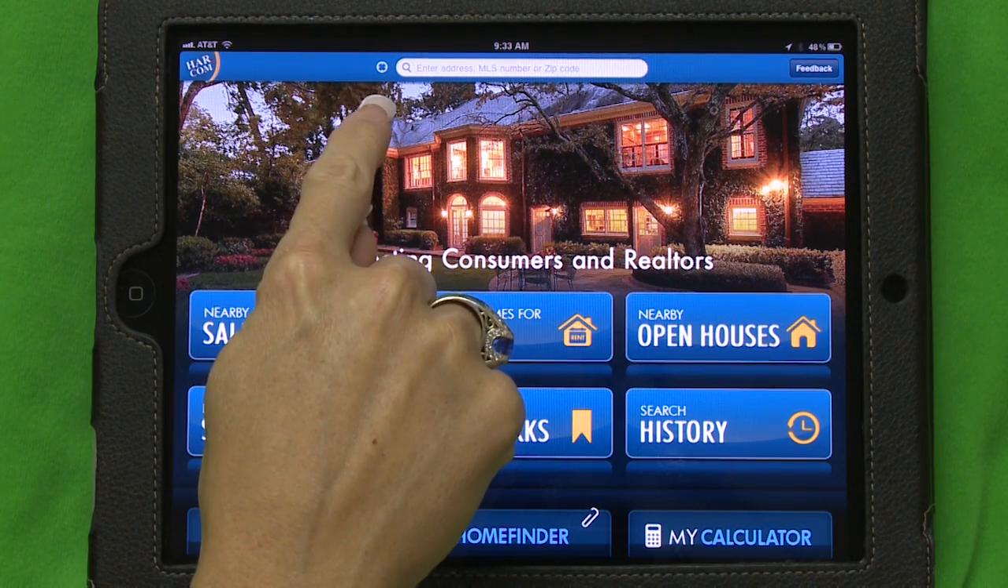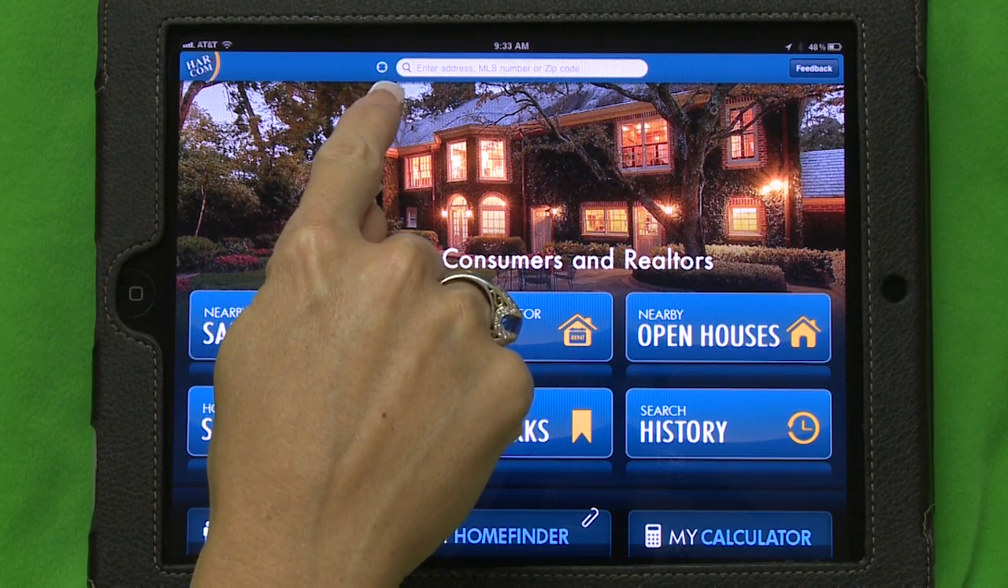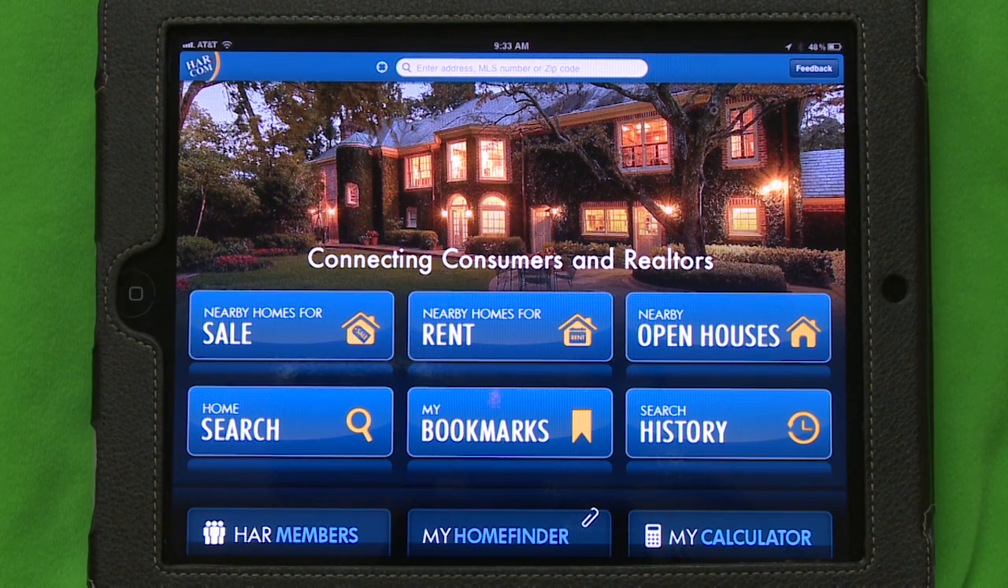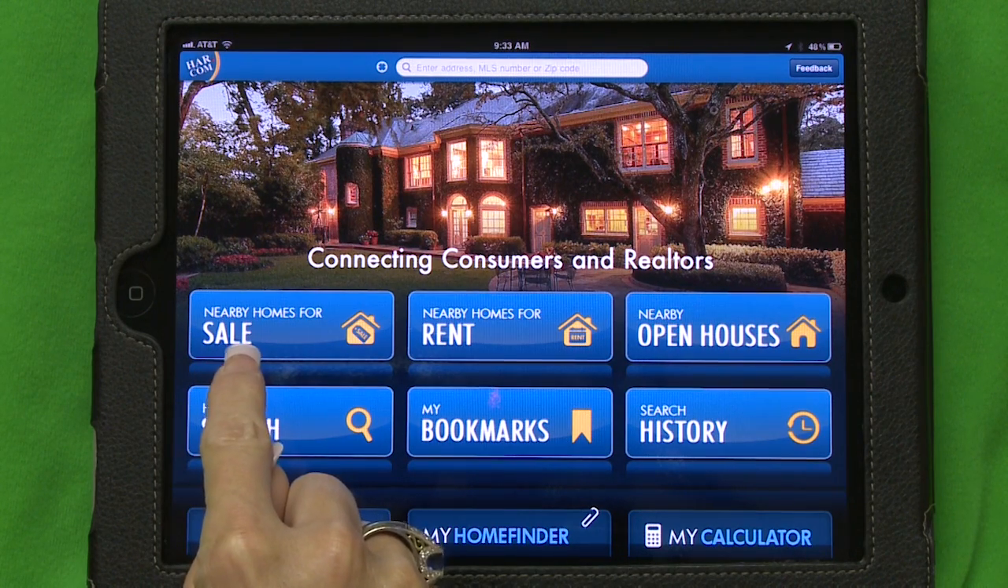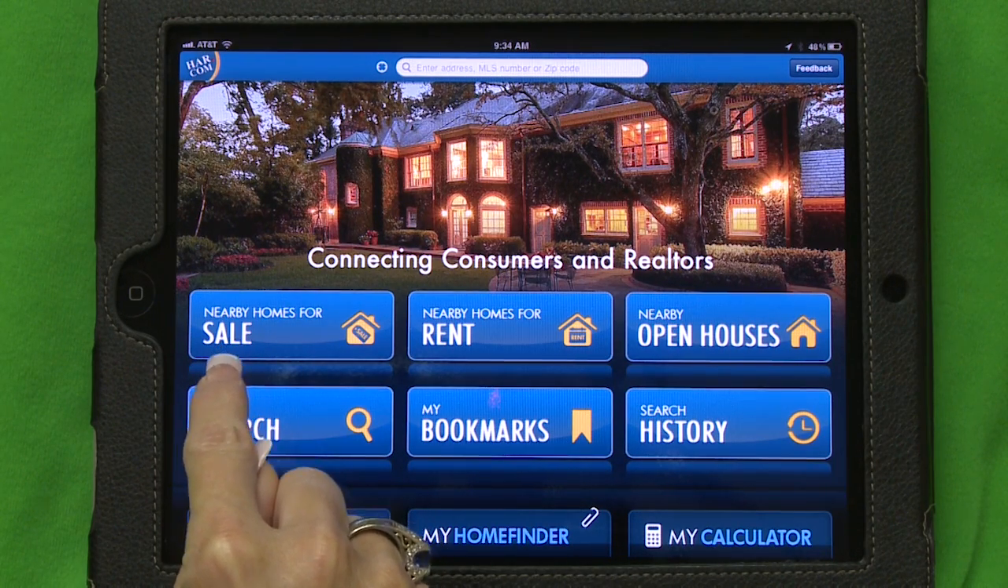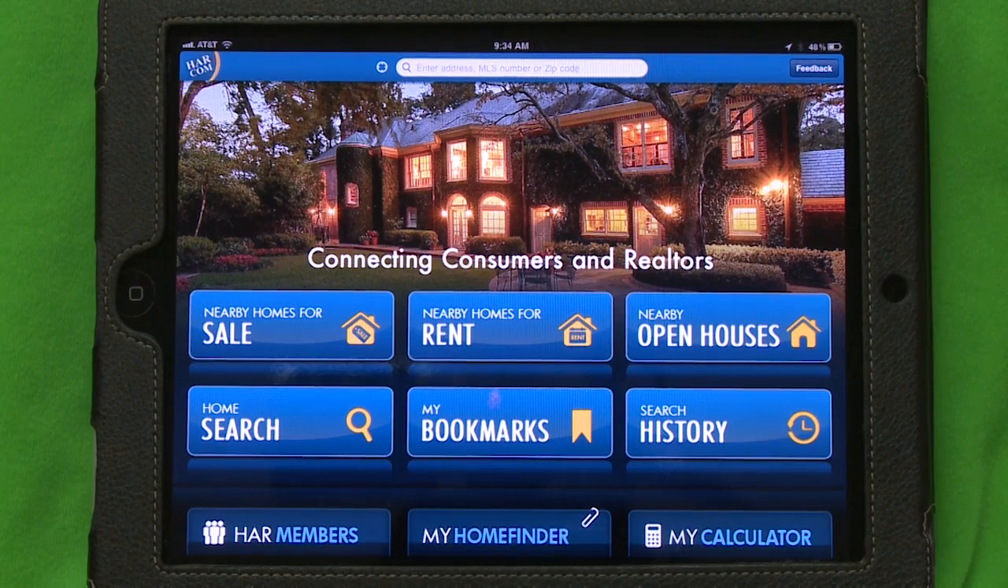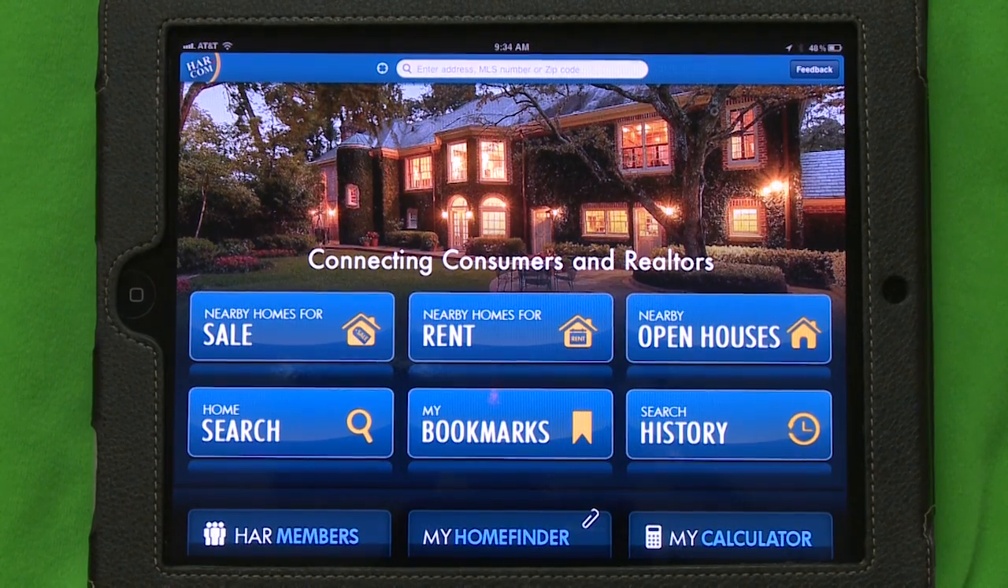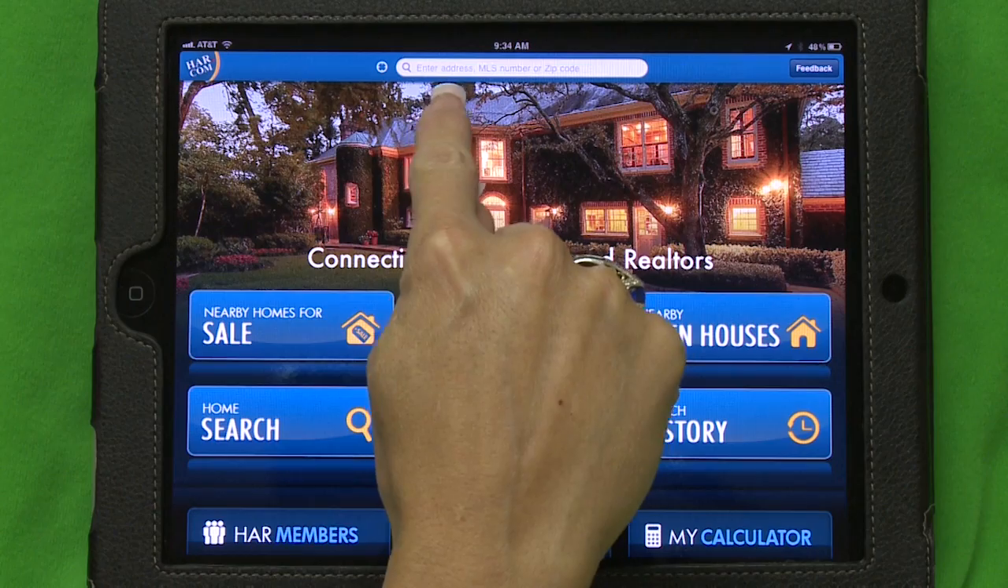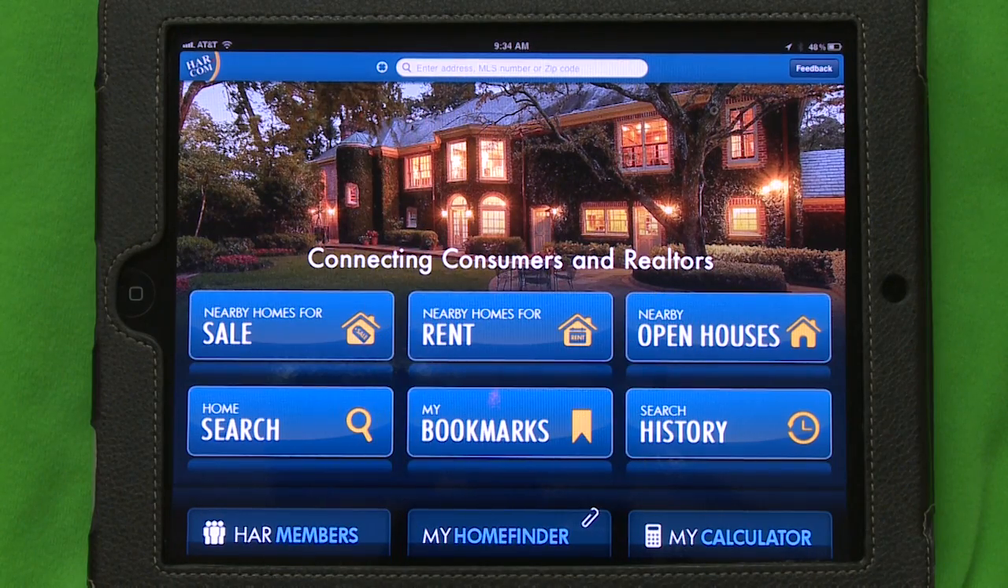The little round dot up here is going to enable your GPS. Your GPS may already be enabled. If not, you want to enable that feature. That way, the application will find homes that you can see that are nearby for sale, rent, or that are open houses. Additionally, for convenience, we listed right at the top where you can enter either an address, an MLS number,